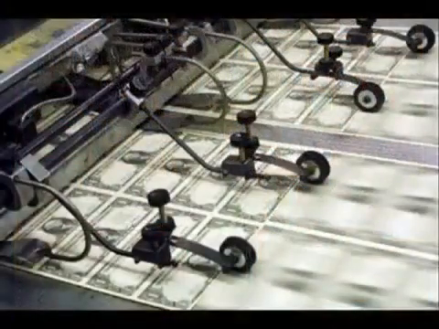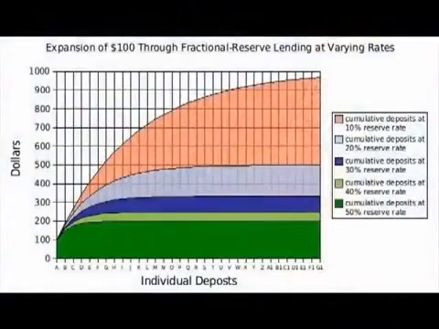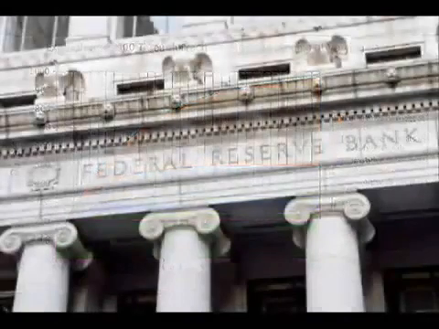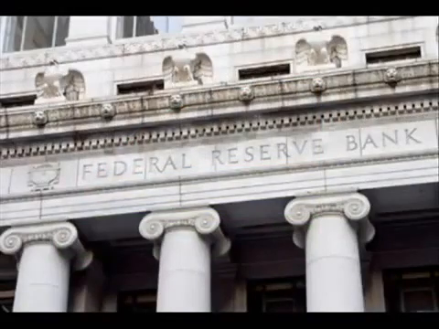By doing this, they were able to create money that wasn't really backed by anything except for the paper that it was printed on, meanwhile allowing them to lend it out to others while collecting interest on this money that didn't really exist. The Federal Reserve was created in 1913 leading into World War I